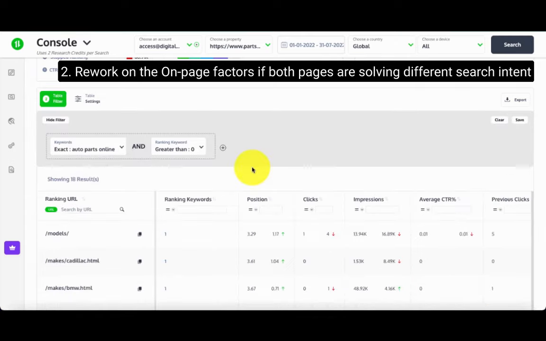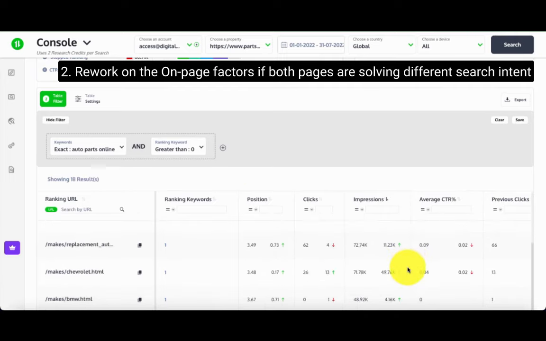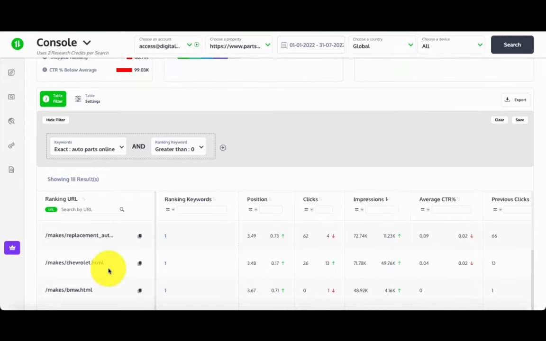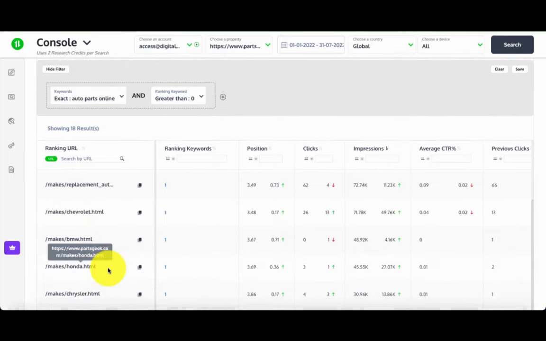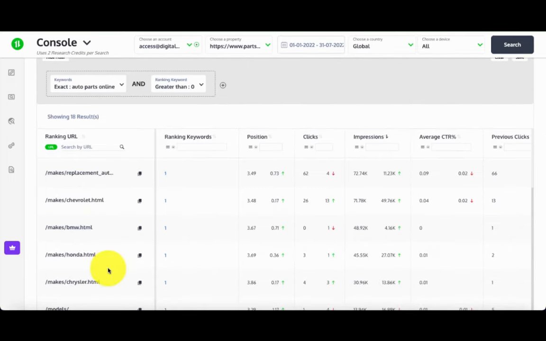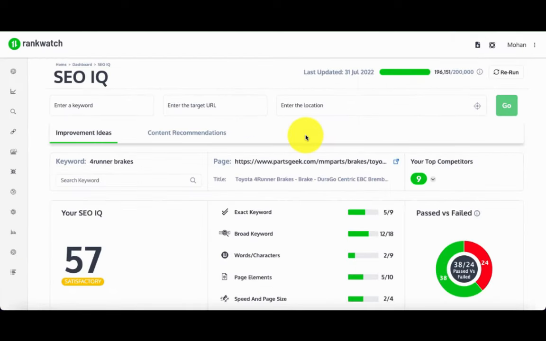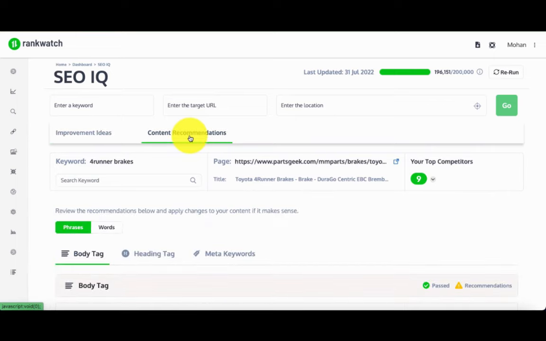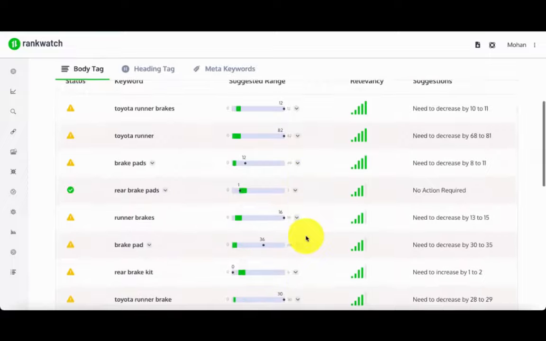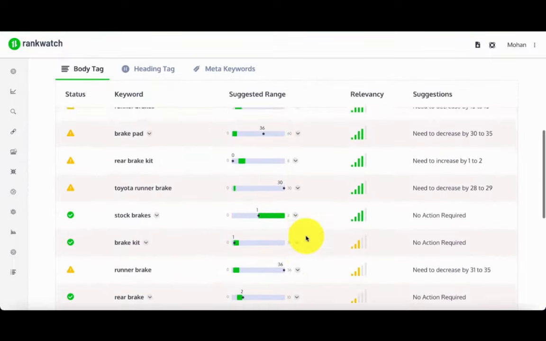Let's go back to our previous analyzed query, auto parts online. Here all the brand pages like BMW, Chevrolet can't be merged and they are solving different search intent. So we will have to remove the frequency of the main search query, auto parts online, from these pages whose intent is different. RankWatch SEO IQ feature will also come handy since it gives you a refined LSI, which is latent semantic indexing, and the ideal frequency of the phrases you should be using on any of the targeted page